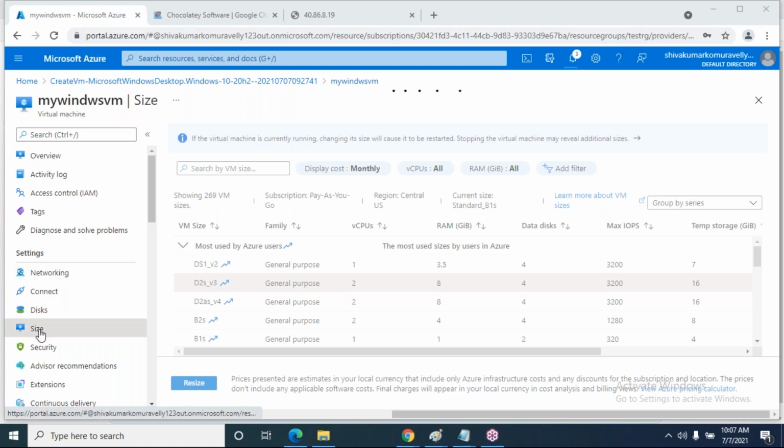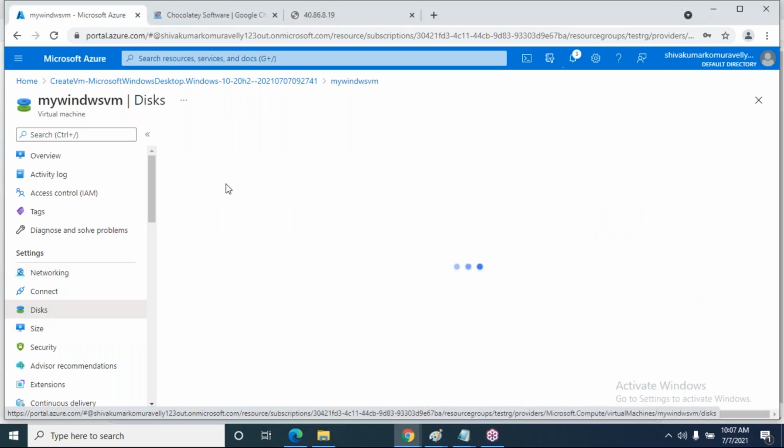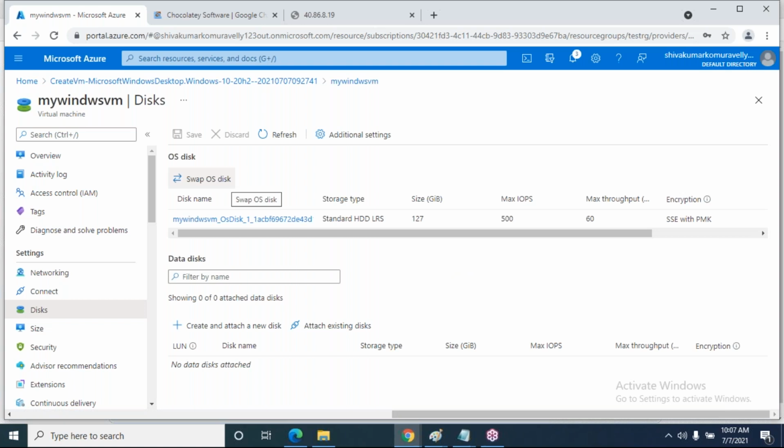And you can add one more disk here. If you click on disks, this is the same thing we did for Linux operating systems. So just do this activity.